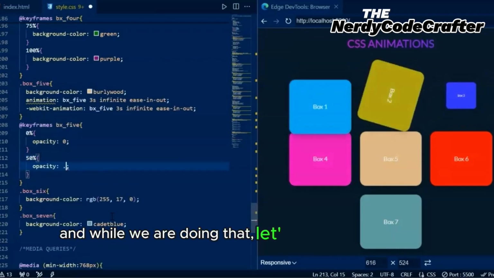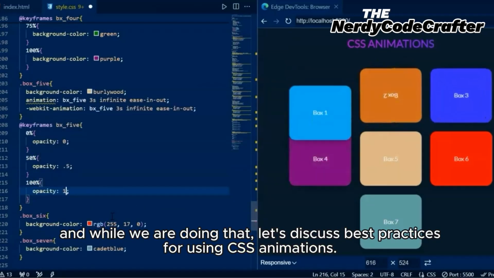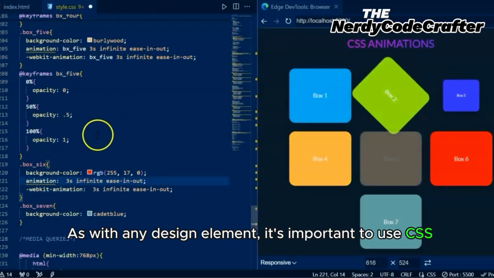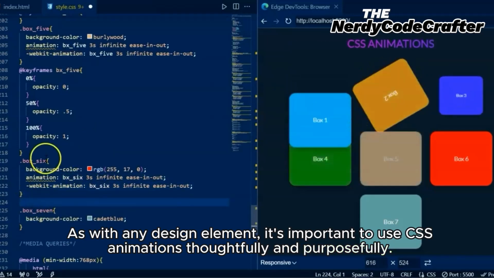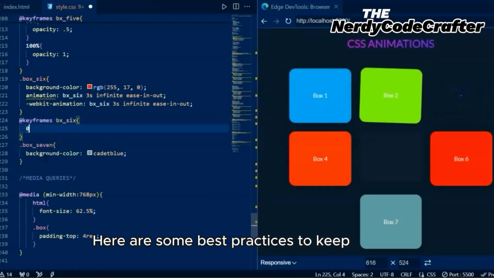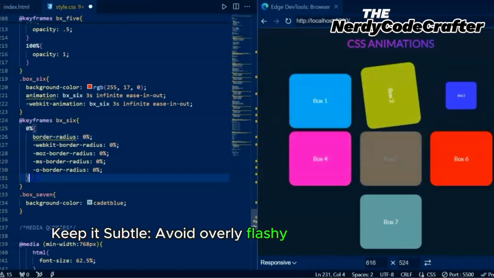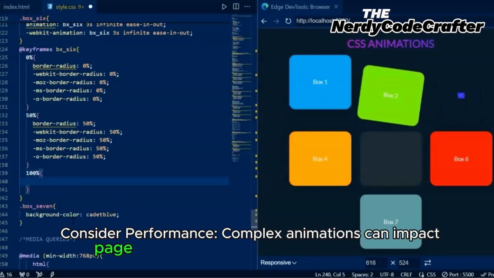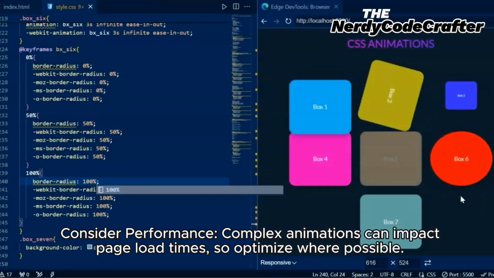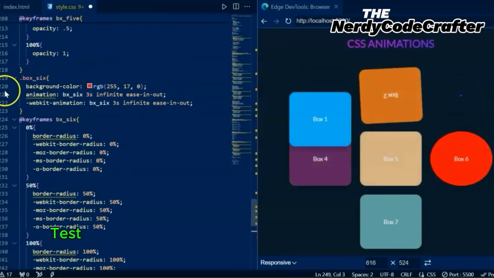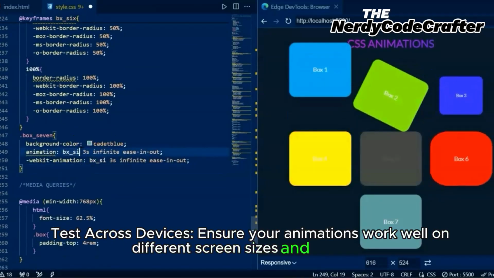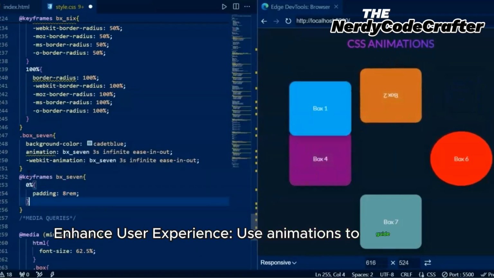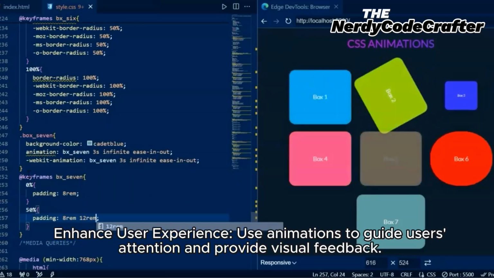And while we are doing that, let's discuss best practices for using CSS Animations. As with any design element, it's important to use CSS Animations thoughtfully and purposefully. Here are some best practices to keep in mind. Keep it subtle, avoid overly flashy animations that distract from your content. Consider performance. Complex animations can impact page load times, so optimize where possible. Test across devices. Ensure your animations work well on different screen sizes and devices. Enhance user experience. Use animations to guide users' attention and provide visual